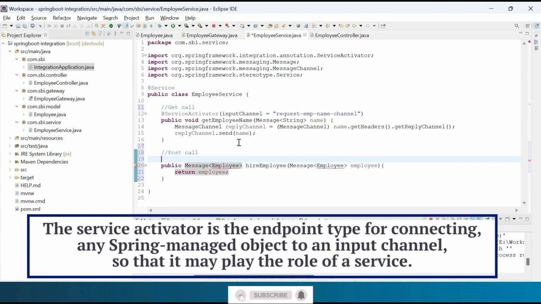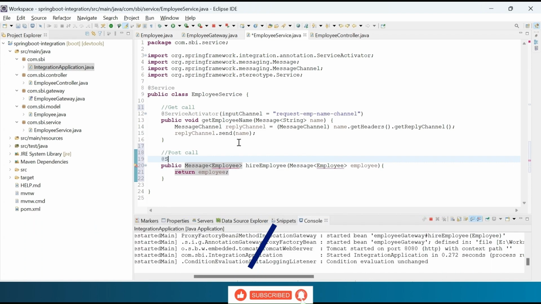As mentioned in the previous videos, service activator is the endpoint type for connecting any Spring managed object to an input channel so that it may play the role of a service. So let's add @ServiceActivator annotation on top of the method and import it.